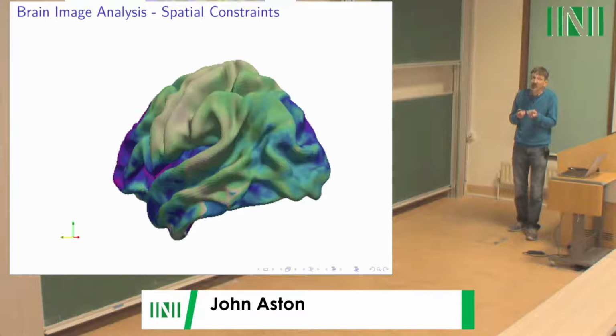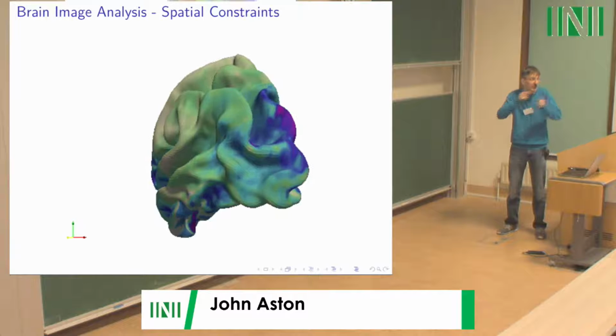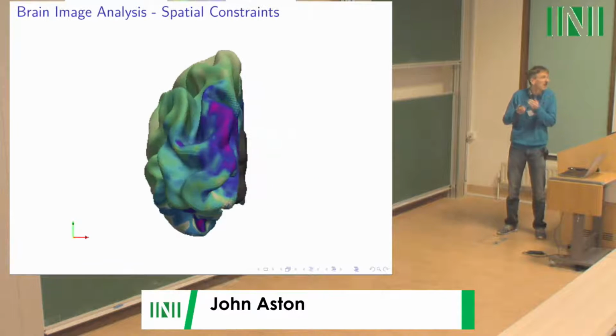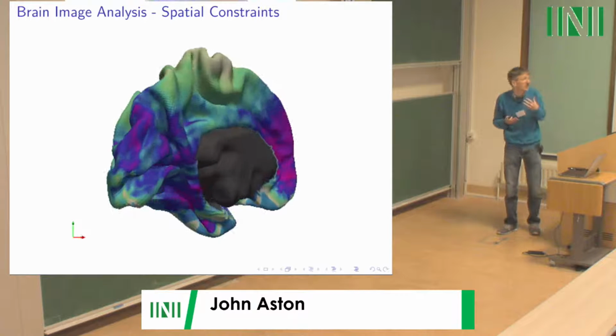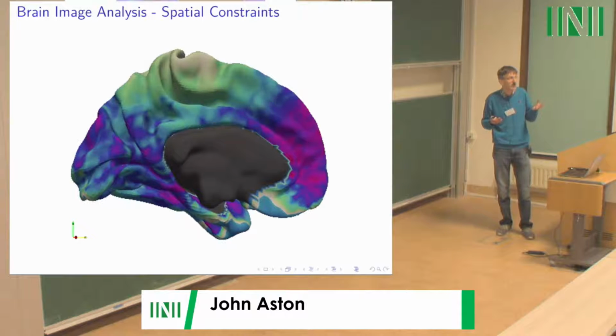The cortical surface is actually the area that most of your brain activity is happening on. The white matter underneath is where the connections between the grey matter areas are, but the grey matter is actually where most of the activity in your brain is happening. So while you're listening to me talk, the auditory cortex part of your brain is activated in order to work